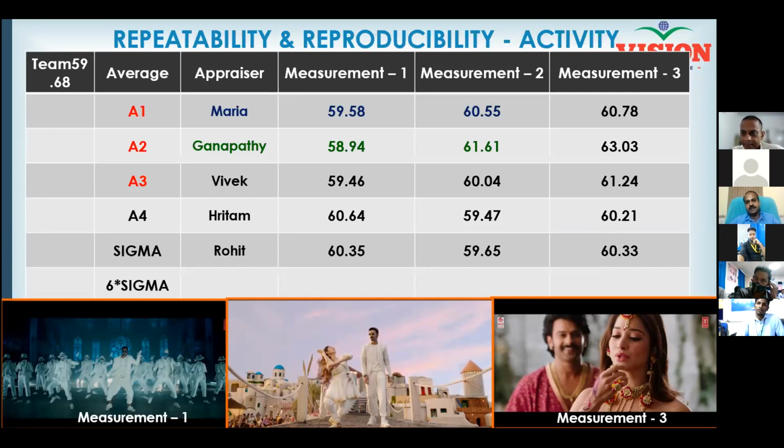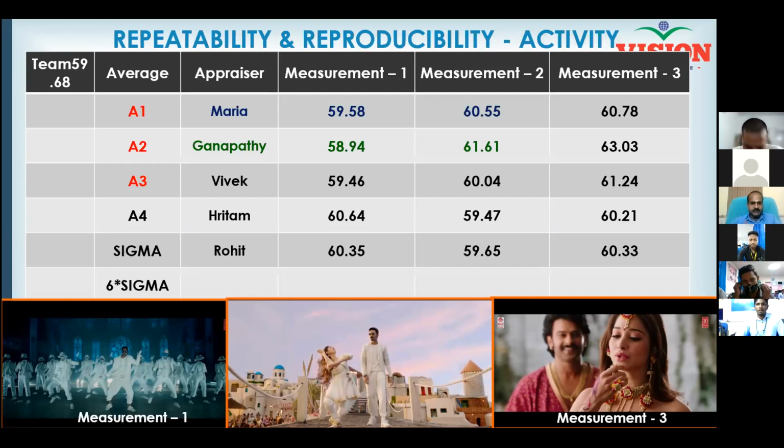I could see the variation in measurement number 1, that is the first column. I could also see the variation in measurement number 2, which is the second column, and in measurement number 3, which is the third column. Every column has got variation. The readings of one appraiser are not matching with the readings of another appraiser. This error is called what? Reproducibility error. Yes, sir.